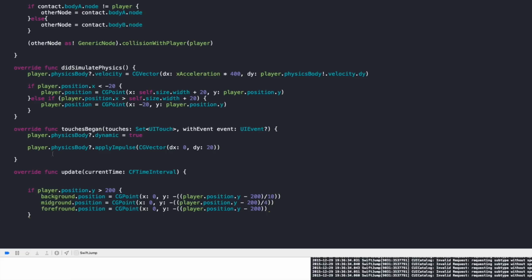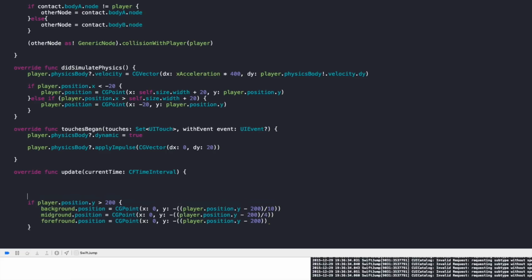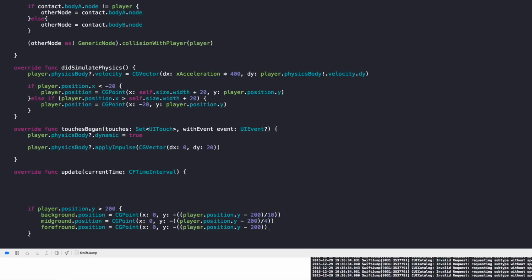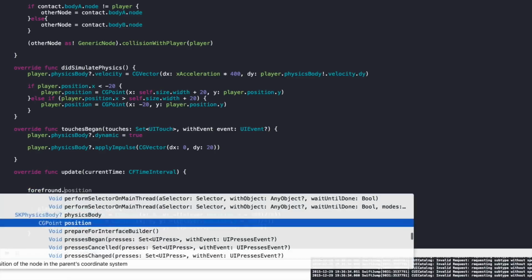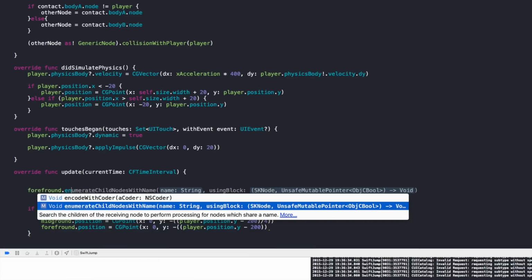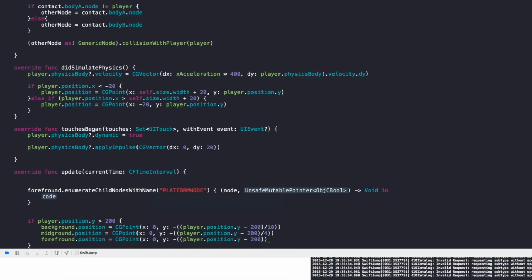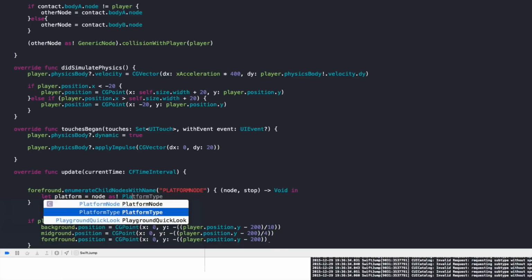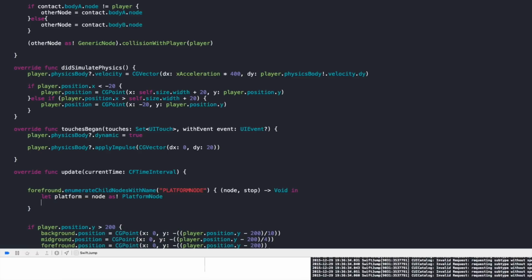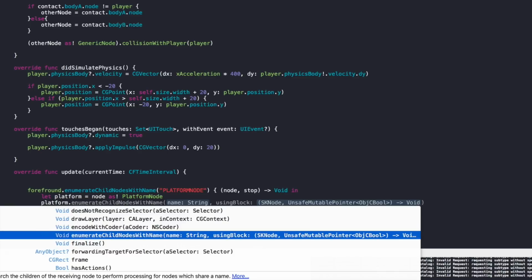Now that this is done, we could also handle removing the unused elements, or the elements that do not matter anymore. And for that, we will simply use the foreground and enumerate child nodes with name, and we have the platform node, and then we can use a block with node and stop. Don't need to do anything fancy here, and then can create a platform, use the node, cast that to a platform node, and then simply call platform check